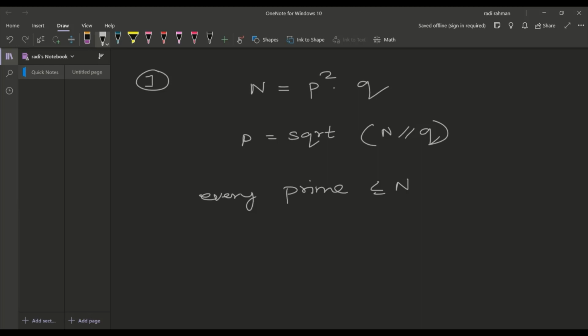So we have to generate all primes which are less than or equal to n, right? And the range of n is 9 into 10 to the power 18. That means we have to generate all the prime numbers less than 9 into 10 to the power 18, which will result in a time limit exceeded. So another thing we can do here is